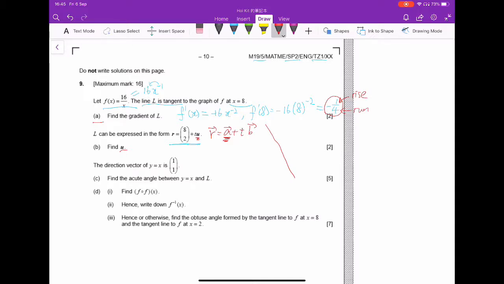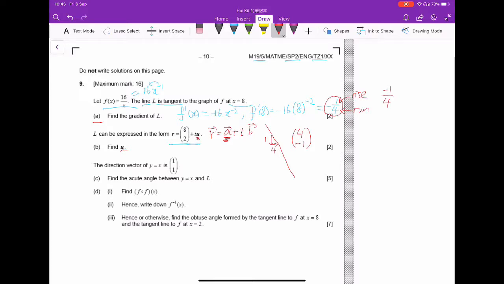So if you put the negative on top, then the gradient is really minus 1 over 4. So this line should be dropping 1 unit and going across by 4 units. That should mean that our u should be (4, -1) or something like that,